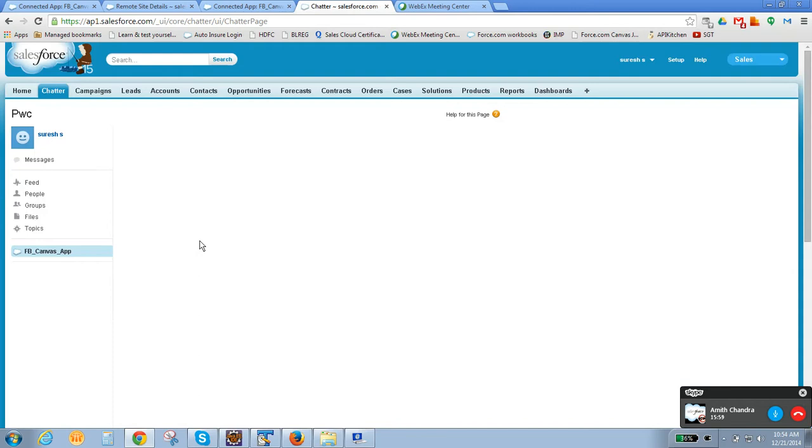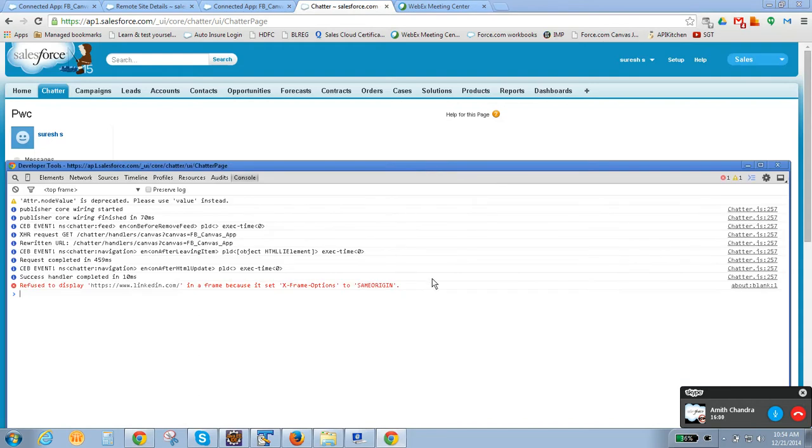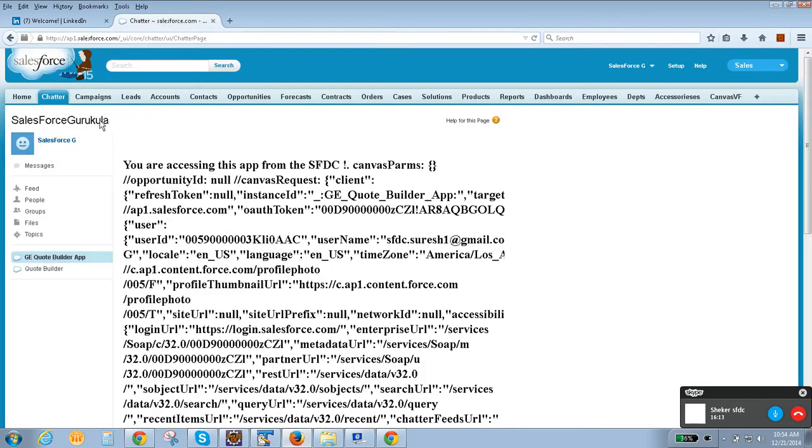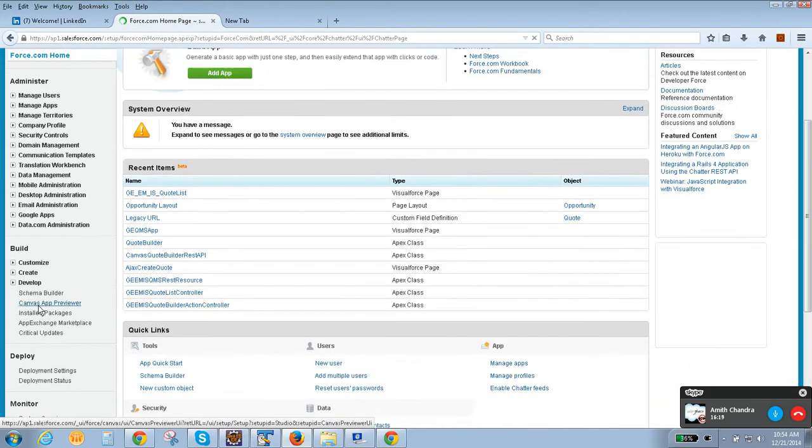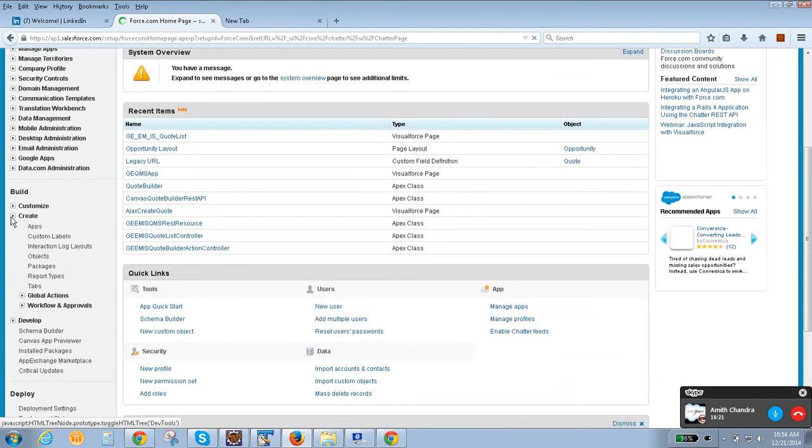Okay, what is still happening here? Okay, so I have one page. It is some web application which is running in Heroku. So I will use that one.